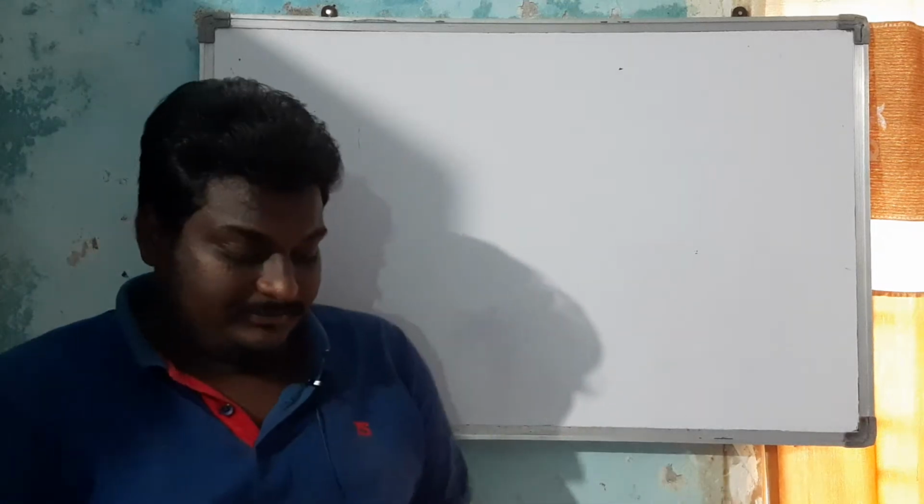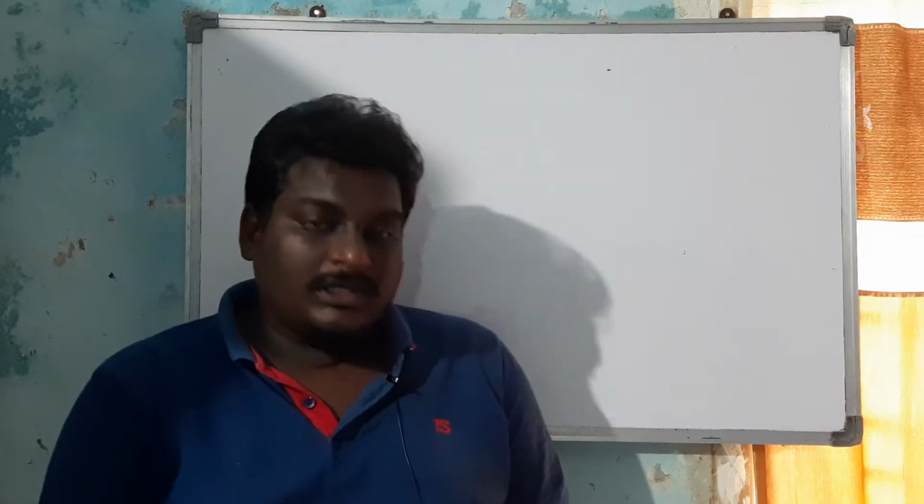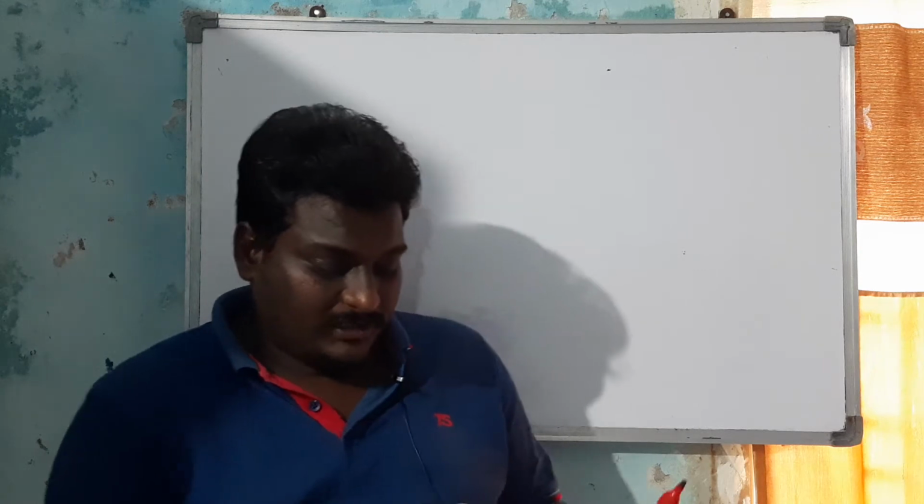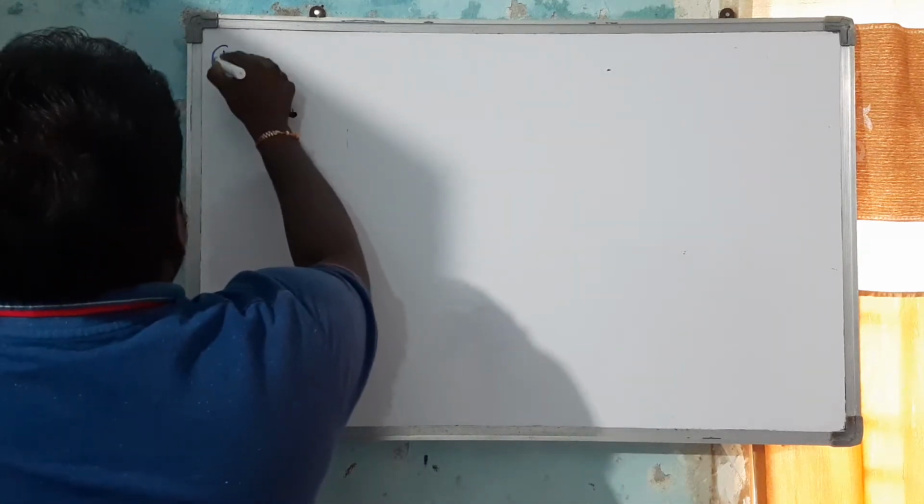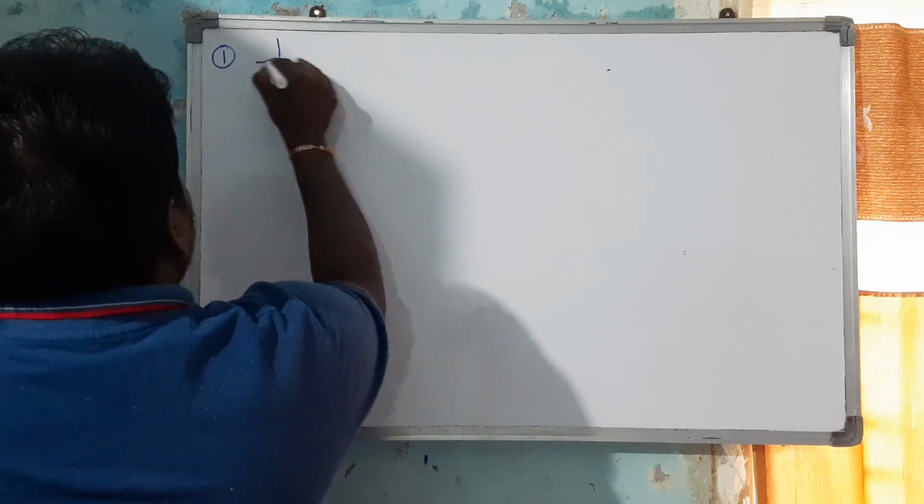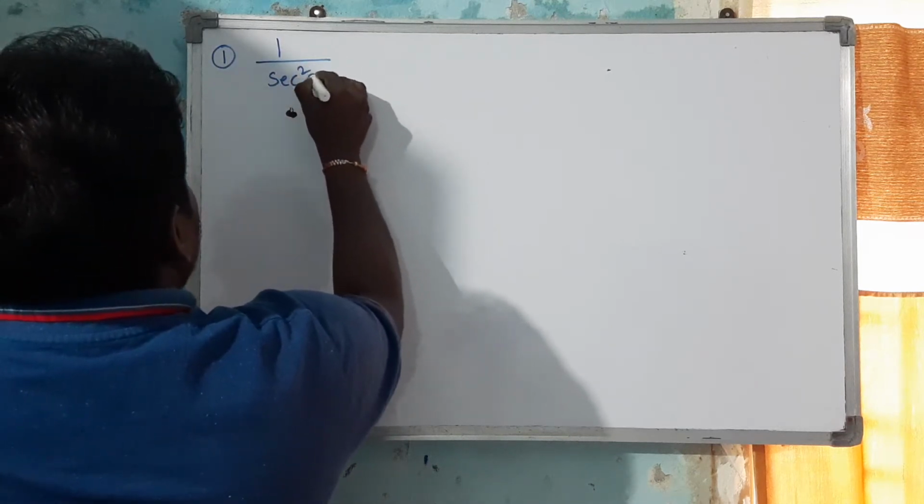Okay, guys, we will do the remaining paper. Okay, second Roman, first question. Second Roman first question is 1 by secant square 51